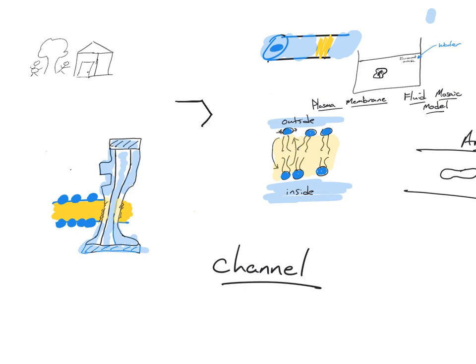And remember, this is glucose, so it looks kind of like a hexagon. It's trying to get in here. And there's a bunch of these sugars, because when you eat a candy bar, you get that sugar in the blood. I'm not going to keep drawing them, but you get my point. They all want to get in, but they can't fit through the membrane because the membrane is nonpolar in the middle, and they're hydrophilic. So they can't get through the membrane. They need a channel. This is the channel, but the door is closed.